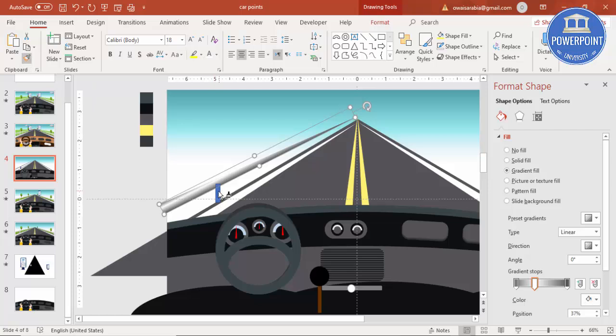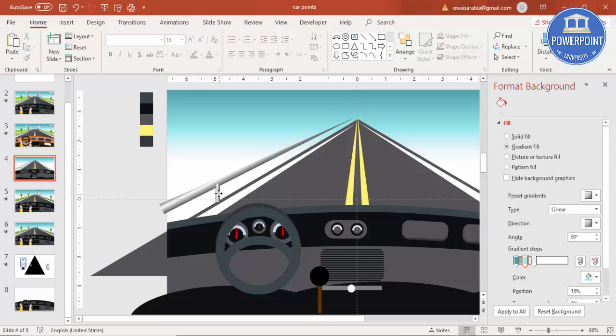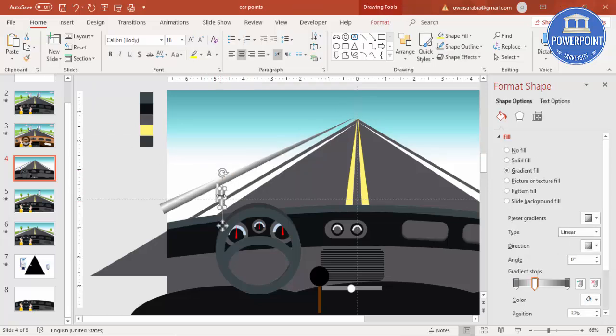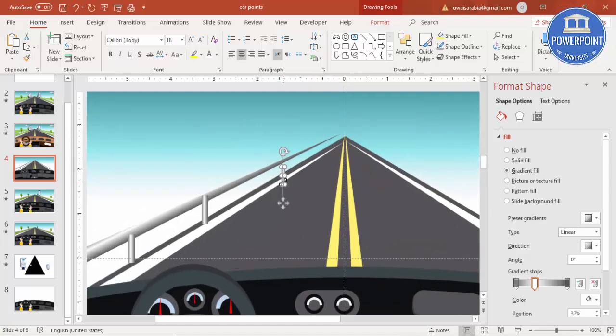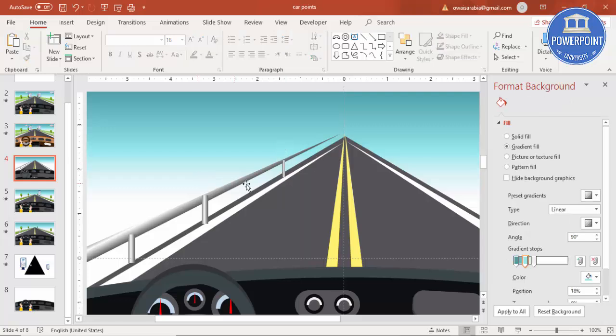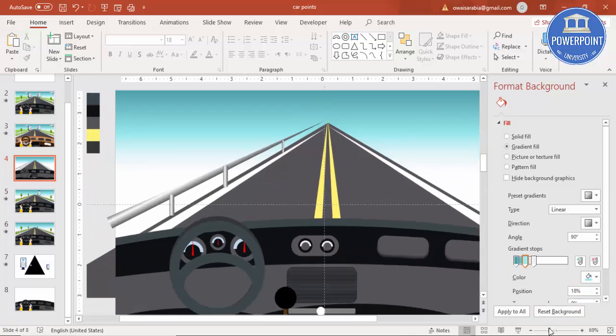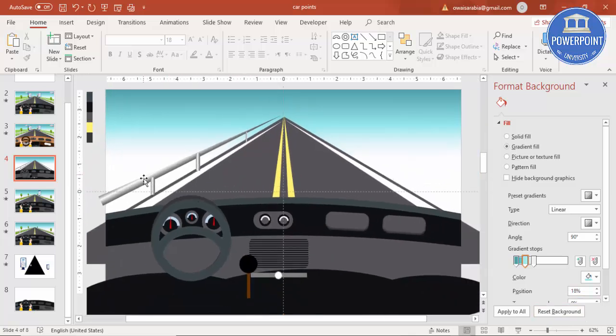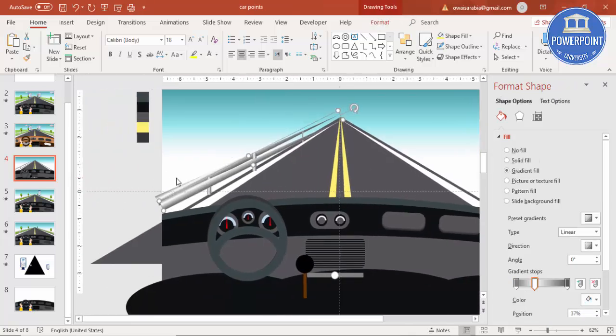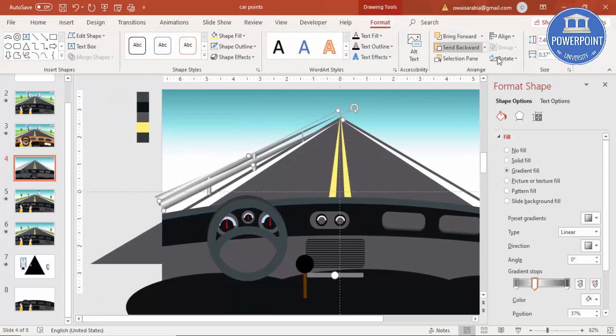I will just select the format and put this one, Control D, Control D, and reduce the size, zoom a little bit and put it in the right place. You can see here the railing is ready, so I'm just going to copy this, Control D, rotate it